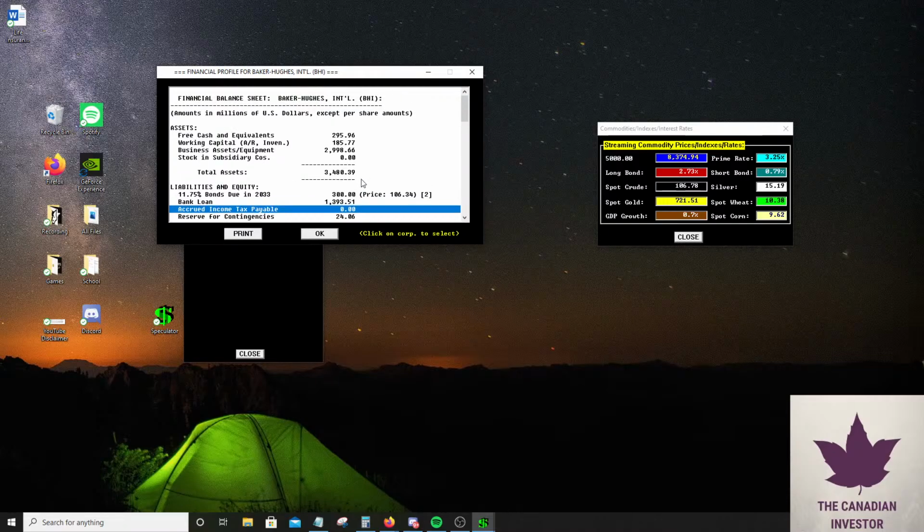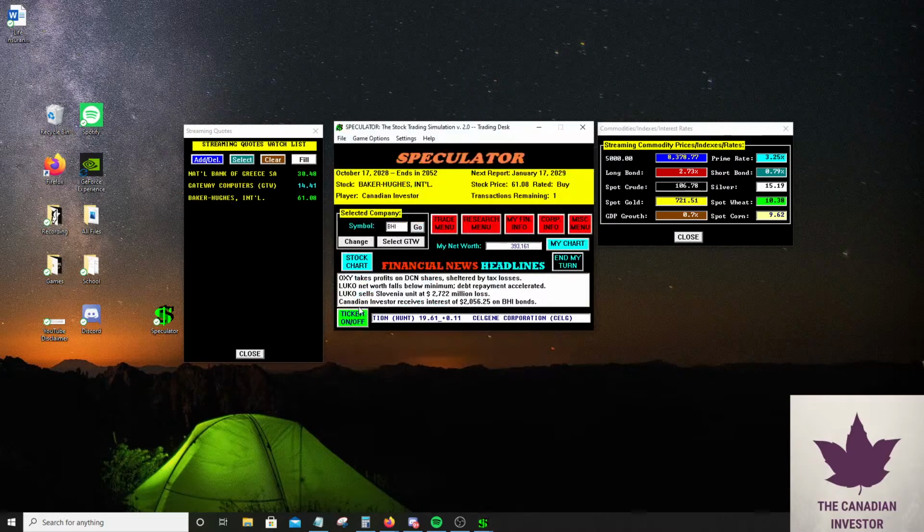I think as long as interest rates stay low, their variable loan is cheap, if interest rates stay kind of flat lately. So they're pretty likely to pay me back if interest rates stay flat, because they have a giant bank loan, which is variable. If interest rates go up a lot, that's going to degrade Baker Hughes's profits, and potentially they could go bankrupt. But if interest rates stay kind of flat, I'm thinking they could survive bankruptcy in this game.